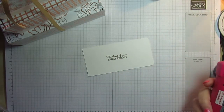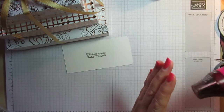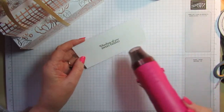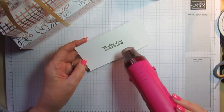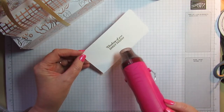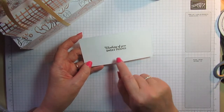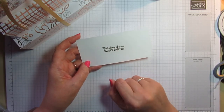And come back and switch the heat gun on. So it will get a little bit loud, so if you want to turn the volume down, feel free. There we go, and I've just noticed I have managed to get a little bit of extra gold in there, but I'm just going to leave it. It does look like a bit of a squinty dot on the top of the eye, but it's not really